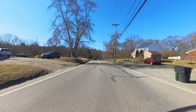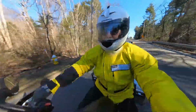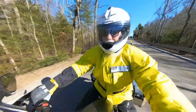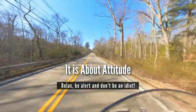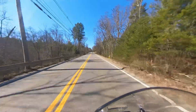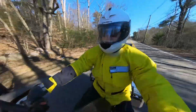Now, of course, I could have easily turned this into a more exciting adventure if I hadn't been paying attention, hadn't stopped early, or tried to race in front of that guy. Really, it's all about attitude. What's keeping me safe and what's going to keep most of you safe is not whether or not everybody else is paying attention, but it's if you're paying